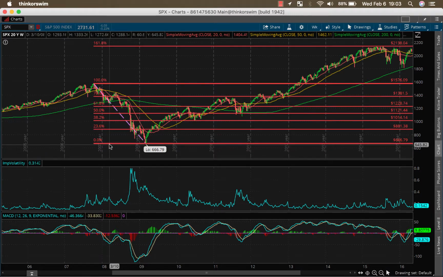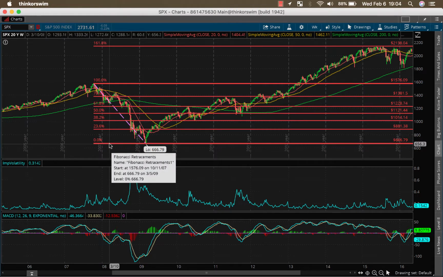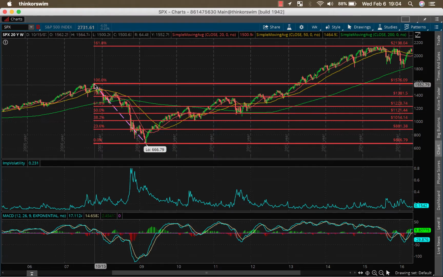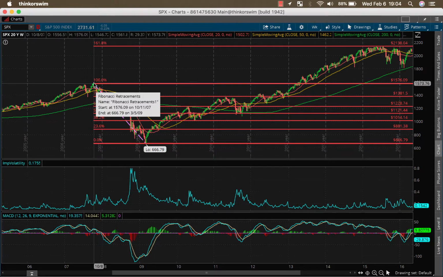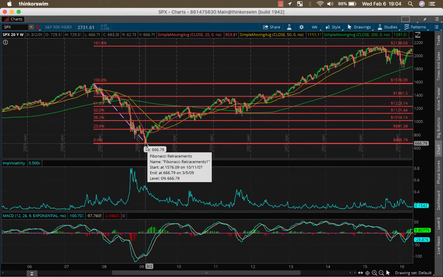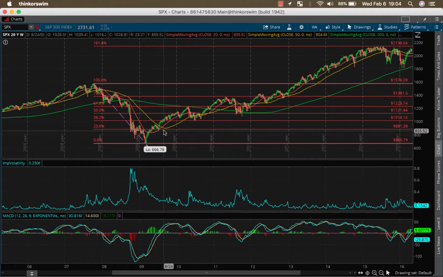Anyways, if you see these red lines here, these are the Fibonacci retracements. So I used the previous all-time high prior to the real estate crash, and I used the low following the crash before this historic bull run of 666.79. And I put in a Fibonacci retracement. And you'll notice